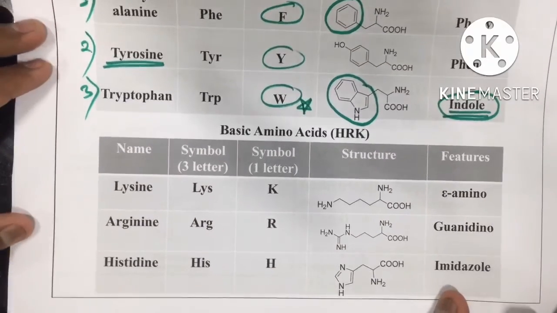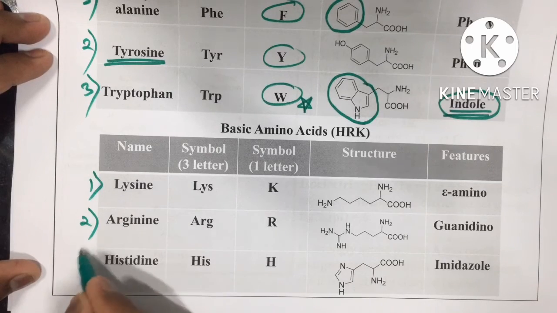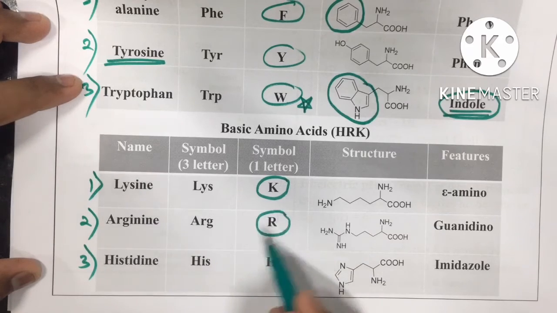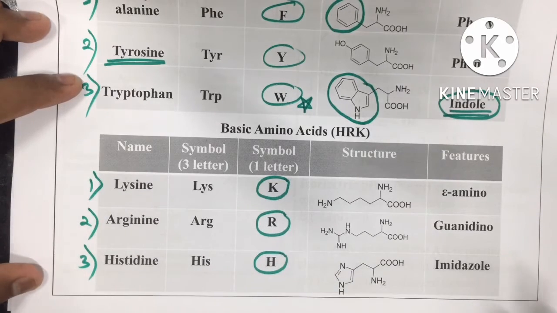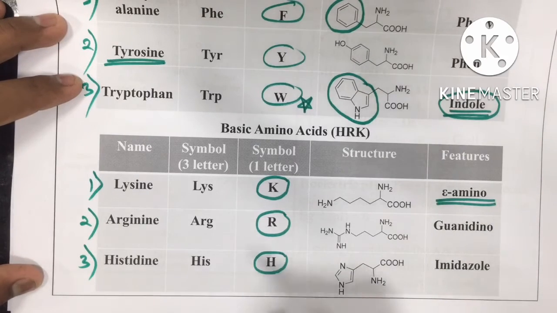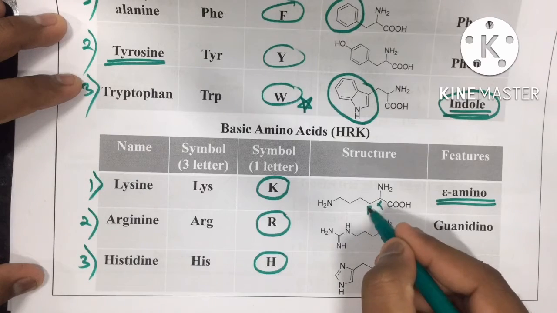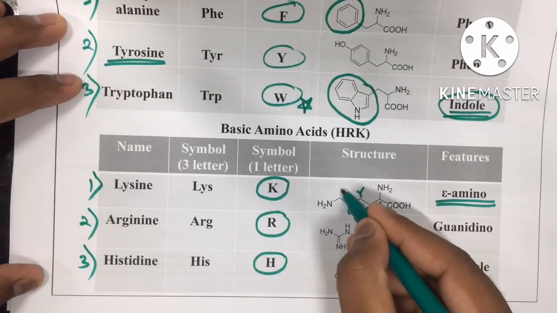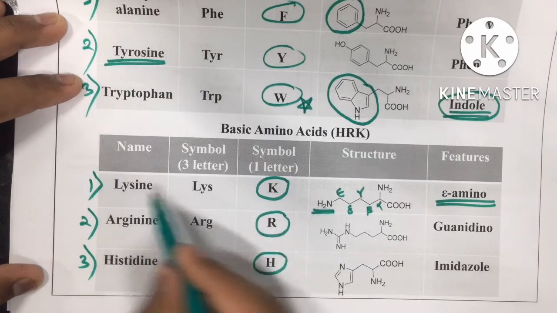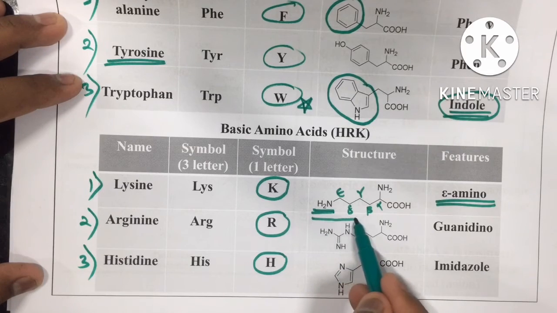Then basic amino acids, right? Which amino acids are basic in nature? First one is lysine, then arginine, then histidine, right? For lysine the symbol is K, arginine R, and histidine H. By looking at the structure, here we can see that is the epsilon amino group, right? The positions go like alpha, beta, gamma, delta. Here is the epsilon. At the epsilon position there is the NH2 group, so that's why lysine is the epsilon amino acid. In arginine, the guanidine moiety is present,